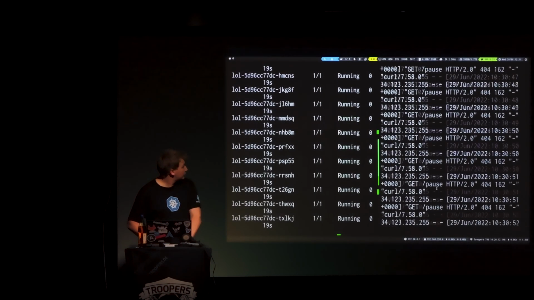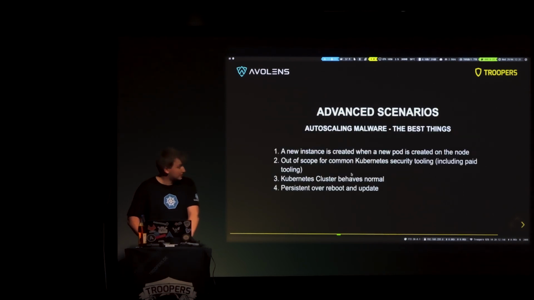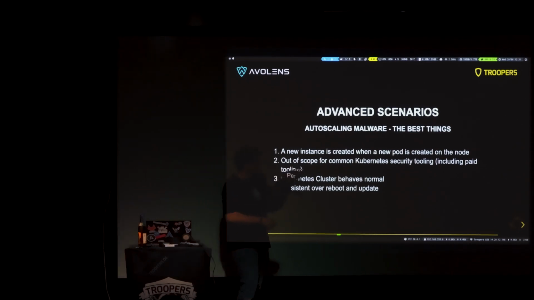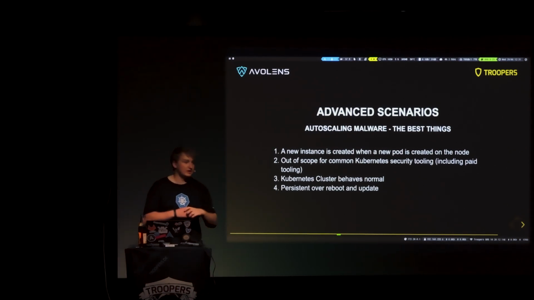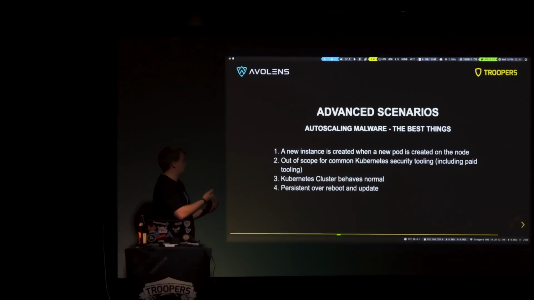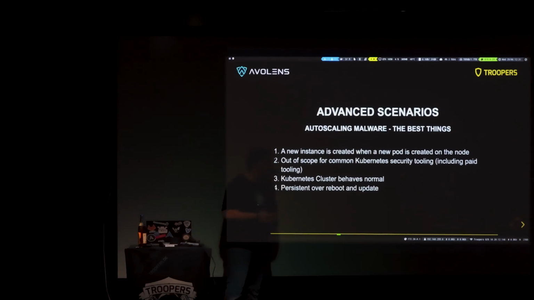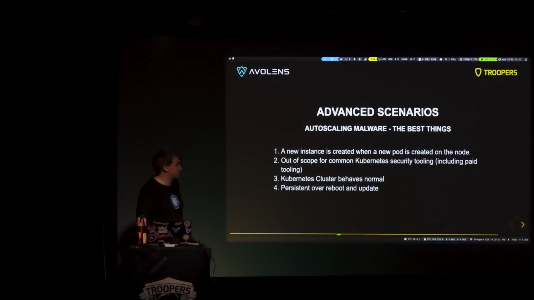So yeah, the curl requests getting in, and let's see what the best things about those are. In every new instance or pod created, depends on if I could, for example, set my config.toml on like a scaling template for Kubernetes, for a VM scaling template. Every new created node has my pause container on it, so I can infect more and more nodes. Every new instance or every new pod created on the node, I can abuse to do my malicious